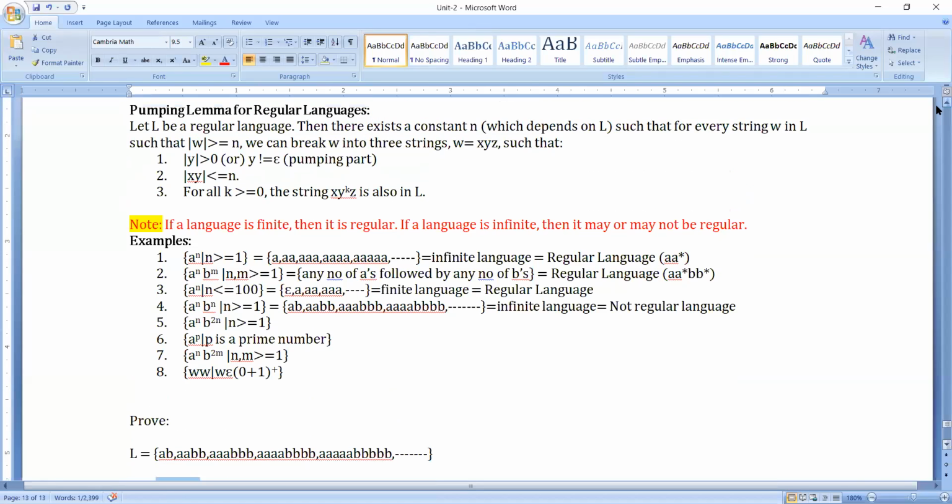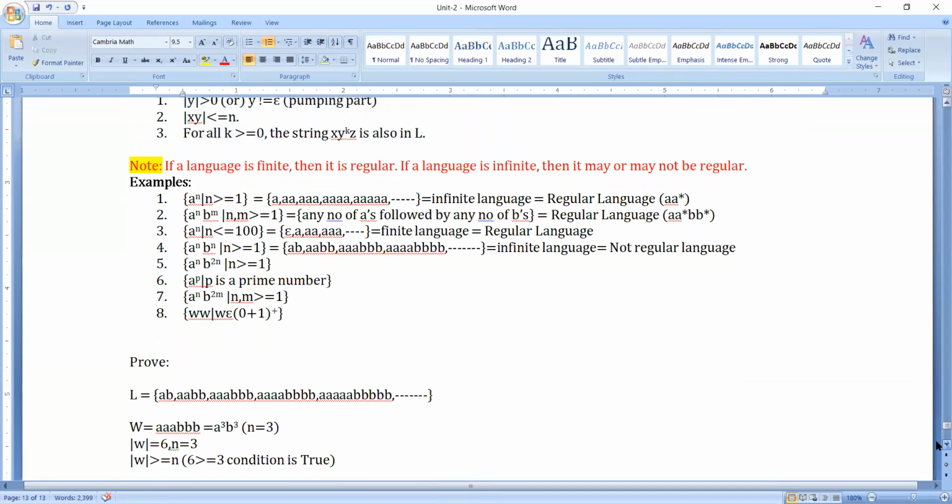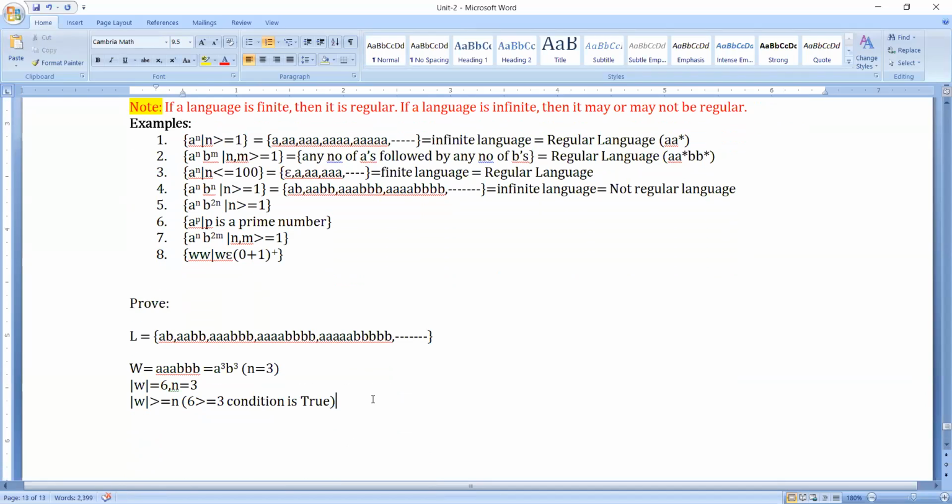Once this string has been selected, what do we have to do now? We need to divide this string into 3 parts, x, y and z, such that these conditions have to be followed. So let us take w is equal to triple A, triple B. Now you can take x, y and z in any manner, but you should not forget that the y part should not be equal to 0.